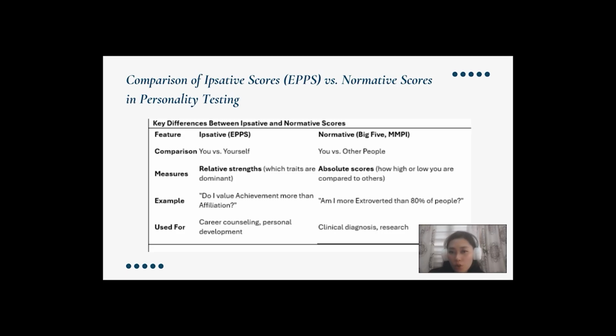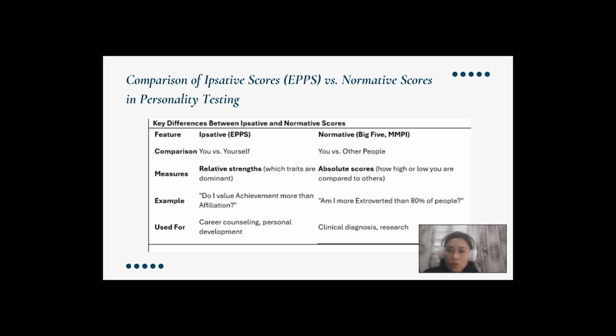Here's a comparison of ipsative scores or EPPS versus normative scores in personality testing. The Edwards Personality Preference Schedule uses ipsative scoring, which is different from traditional personality test scoring. Ipsative scores, or EPPS, compare you to yourself, which measures relative strengths. Example question, do I value achievement more than affiliation? So, if Brian scores high in achievement and low in affiliation, this means he is more focused on personal success than social relationships. So it doesn't mean he is bad at socializing, it's just that he prioritizes work over